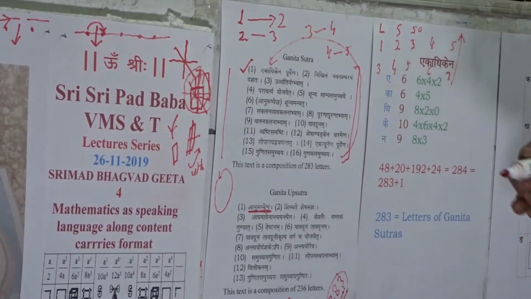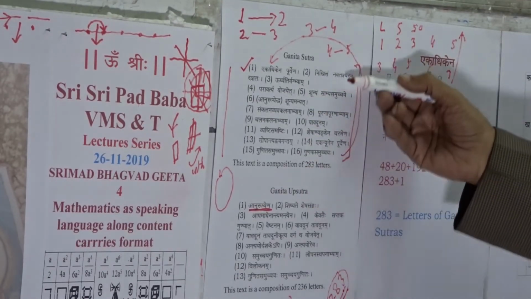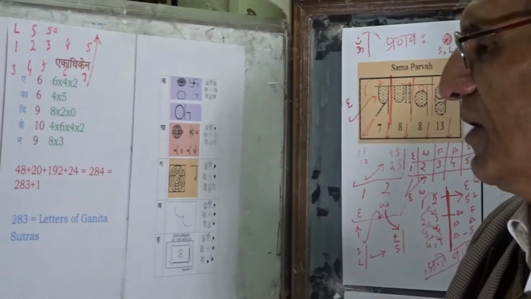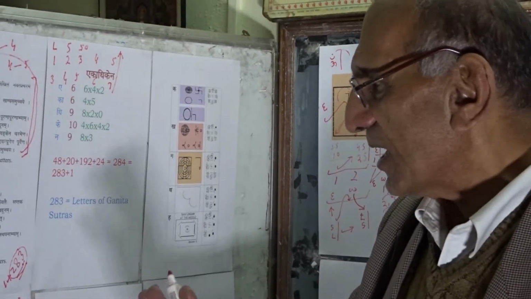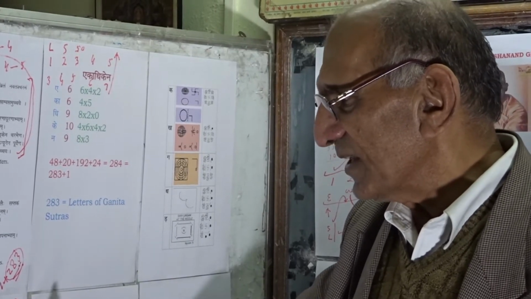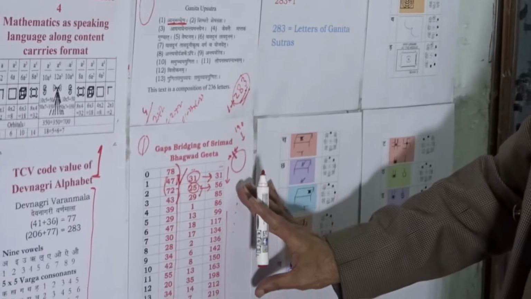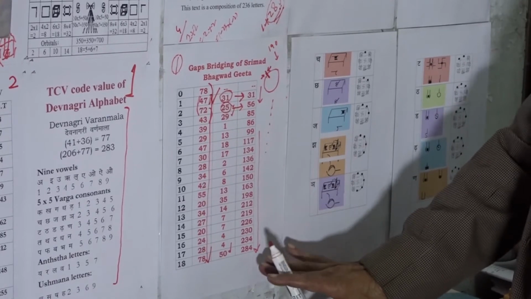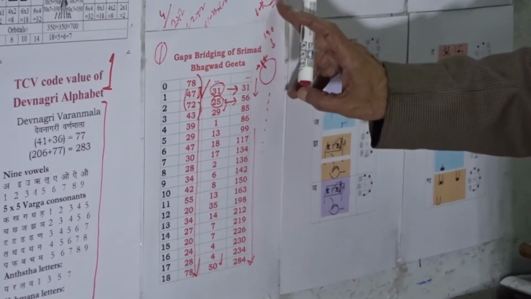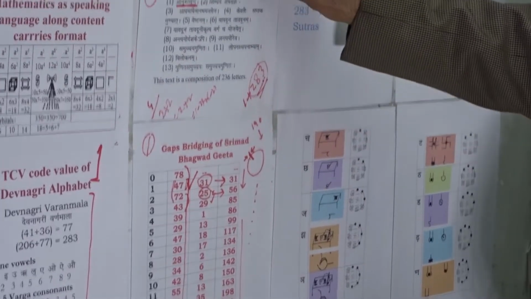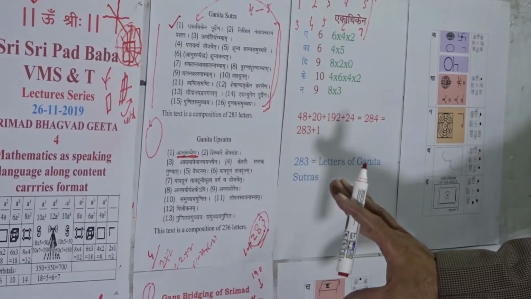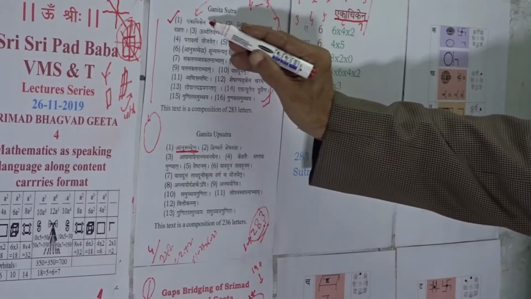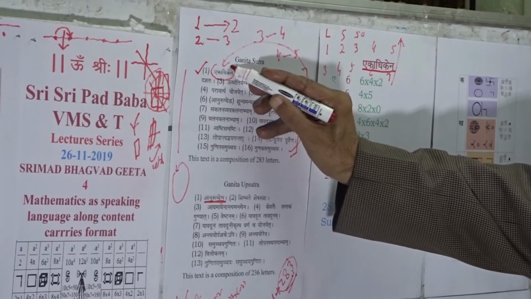And like that, we know Panchvritya, we know that we can work it out 5 times and see how the mathematics will be internally unfolding itself. However, for the present, we are just focusing on the gaps of the 18 chapters of shlokas, which are of the range of value 284, which is 1 more than 283, the value of the total letters of Ganita Sutras. Now see, the first formulation, Ekadhikena, of the first sutra,